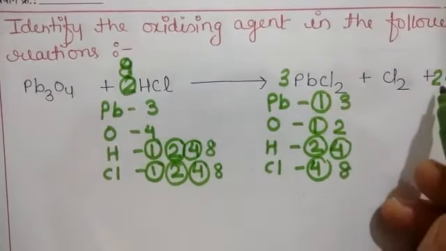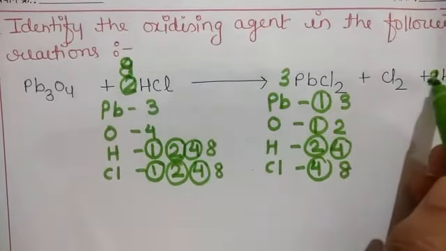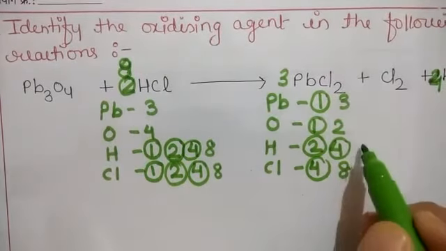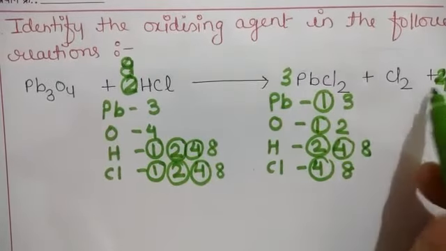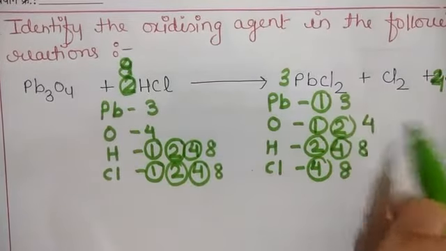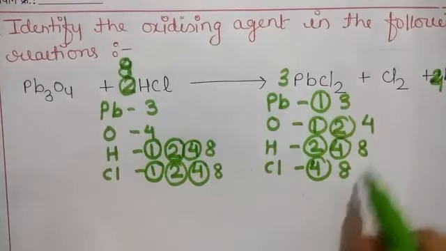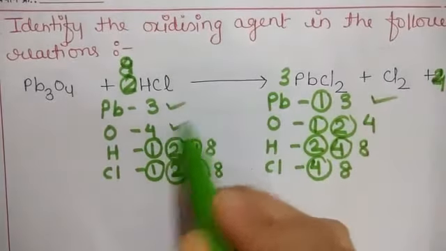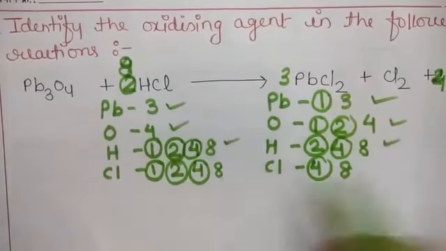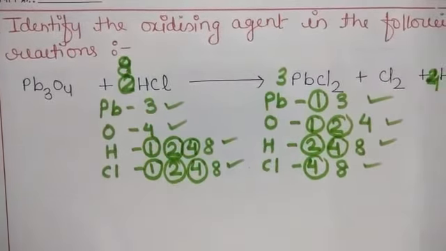How will you convert this 4 into 8? You have to write down 4 here. So 4 2s are 8, so you'll write the value 8. What about this oxygen? Now its total value is 4. Now what about this chlorine? 3 2s are 6, 6 plus 2 is 8. So it is balanced, it is balanced, it is balanced. See, all are balanced. So our first work is done, that is balancing.